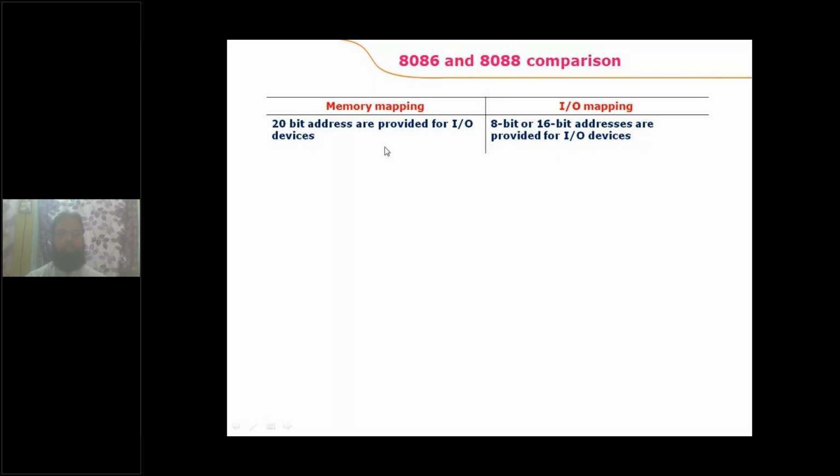But when you go to IO mapped IO, a 16-bit address is used to access the IO devices. So 2 power 16, 64 kilobytes, means 65,536 IO devices can be accessed with the processor.